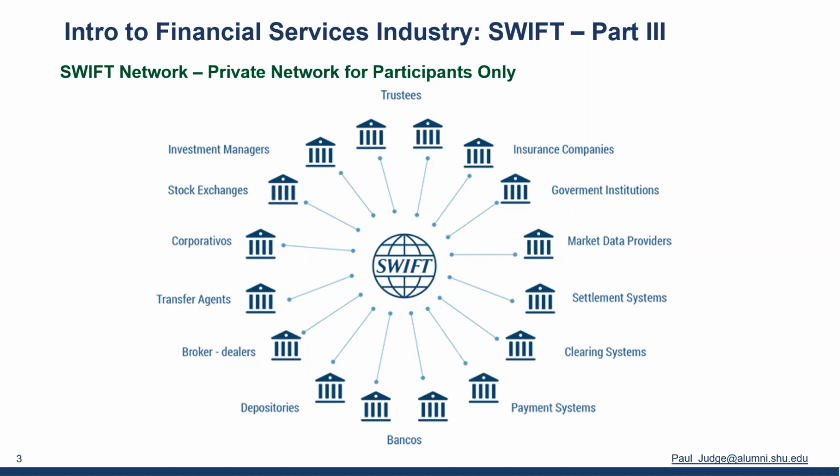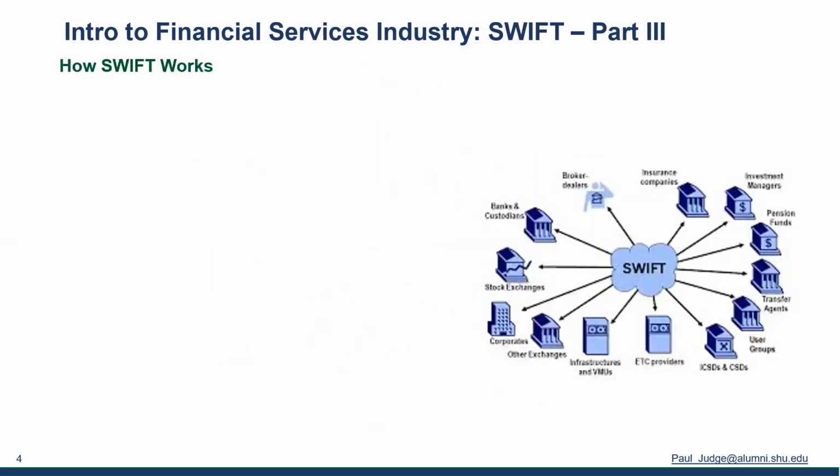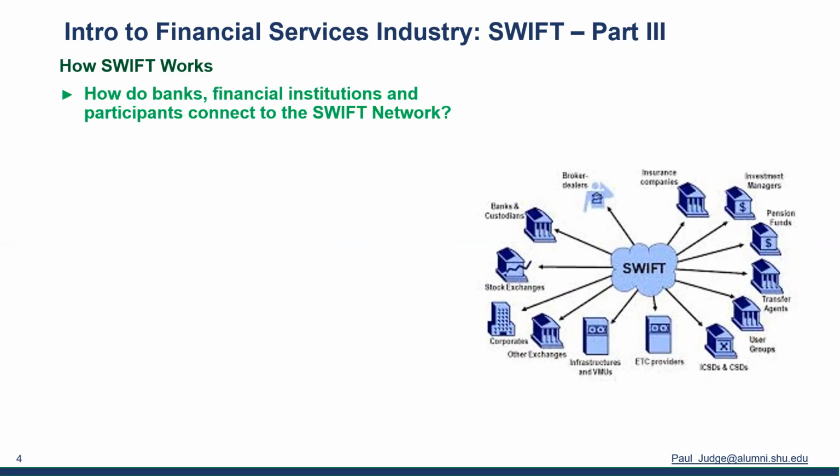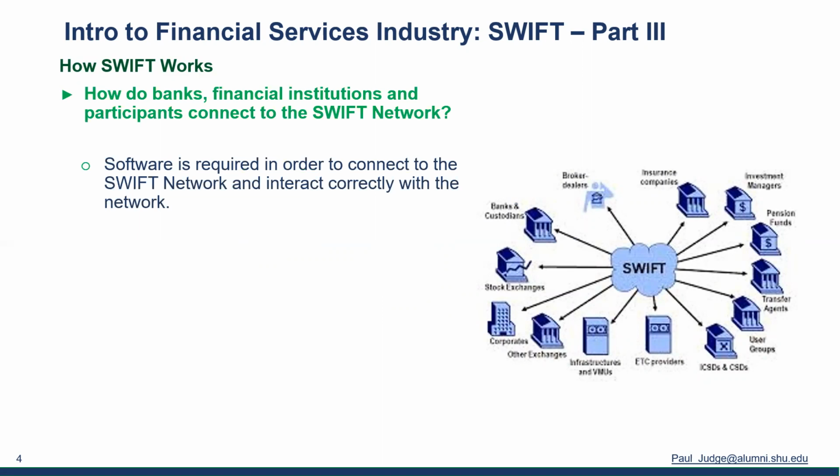And then we also talked about the format. So you have this network and you want to connect to it, right? So how do banks, institutions connect to the Swift network? Okay, there's software that's needed in order to connect to the Swift network. It isn't like an open network. It isn't like connecting to a regular wide area network or any private network. It requires highly specialized software that maintains the integrity of the messages and handles the encryption and all the